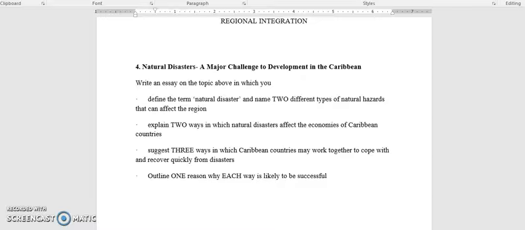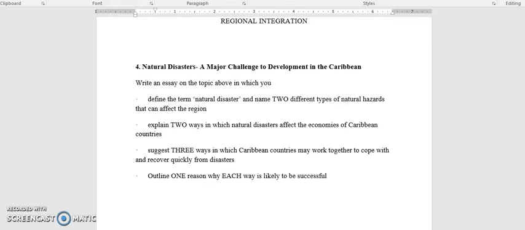Before we begin our essay, I must commend CSEC on the structure of the questions. I like the way they break them down in parts. They are reader friendly, they are easy, and students will want to work for the 20 full marks on this regional integration essay. So we must commend CSEC.